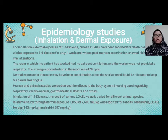of a worker exposed to 1,4-dioxane for only 1 week, whose post-mortem examination showed kidney and liver alteration. Actually, the worker worked in a room with an average concentration of 1,4-dioxane of about 470 ppm, without exhaust ventilation, and was not provided a respirator. And this case is also considered a dermal exposure since the worker used liquid 1,4-dioxane to keep his hands free of glue. And then next, animal studies observe the effects on the body system